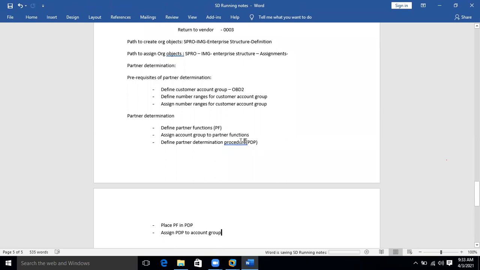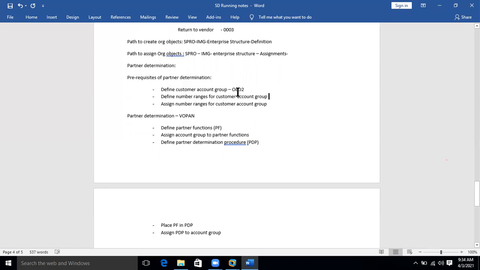You use a transaction code called VOPAN for partner determination, I mean to determine partners. All these 5 steps will be under this transaction code, but I'll be taking you to this place through navigation. Then each of these tasks will have dedicated transaction codes.